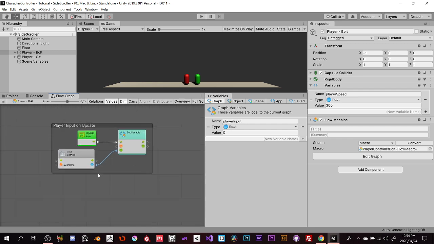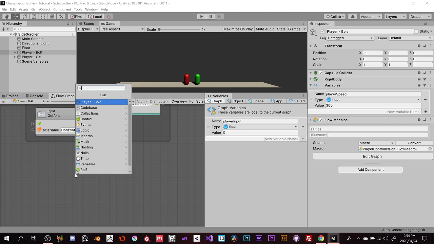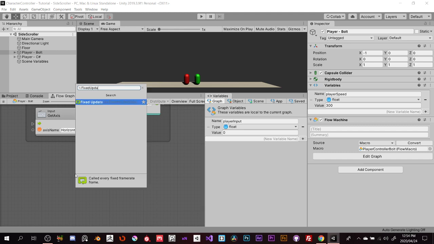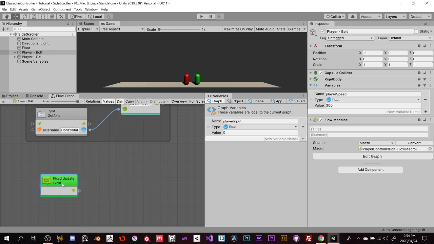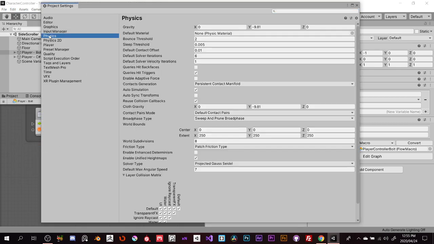Now that we have that, we can use FixedUpdate to do the physics. So we're going to right click and type in FixedUpdate. Because remember, Update happens every frame. A FixedUpdate can happen, say, multiple times a frame, or every third frame, or every fourth frame. We can control this FixedUpdate based on the timestamp. So if we go to Edit, Project Settings, go to Physics,